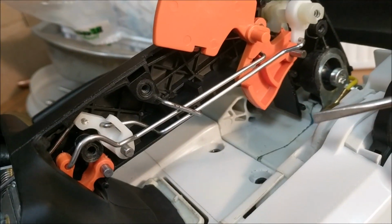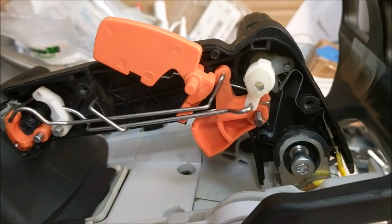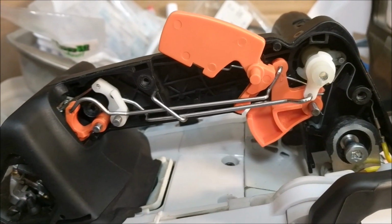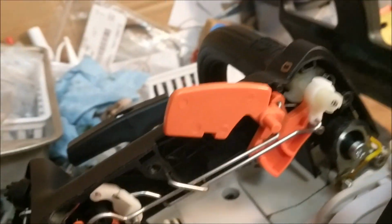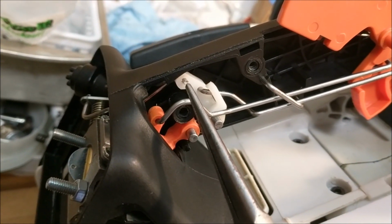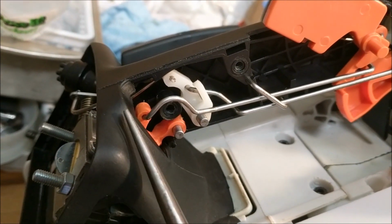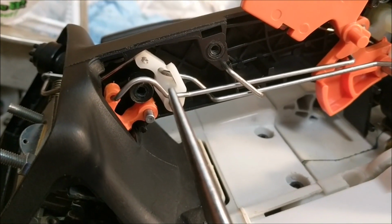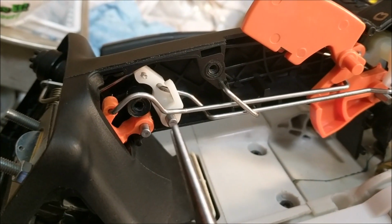As you can see in here, everything's set up properly. Okay, so we're back here to the end. When I apply the choke, what happens is this rod falls backward, and eventually, in other words, when I run through closed, open, warm, start, and I do that like 2 or 3 times,